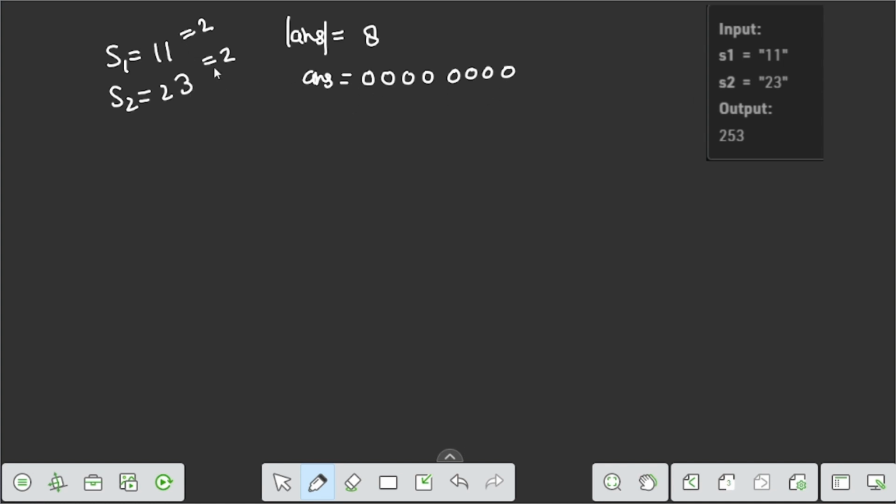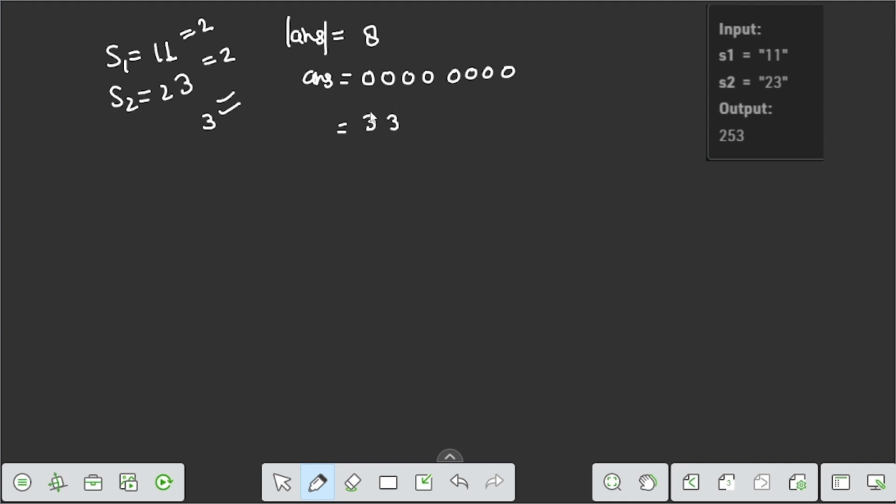Now we perform each and every index multiplication, which is 3 into 1, which is 3. So we simply update 3 here, and we move again 3 into 1, which is 3. We update again, because there is no carry.